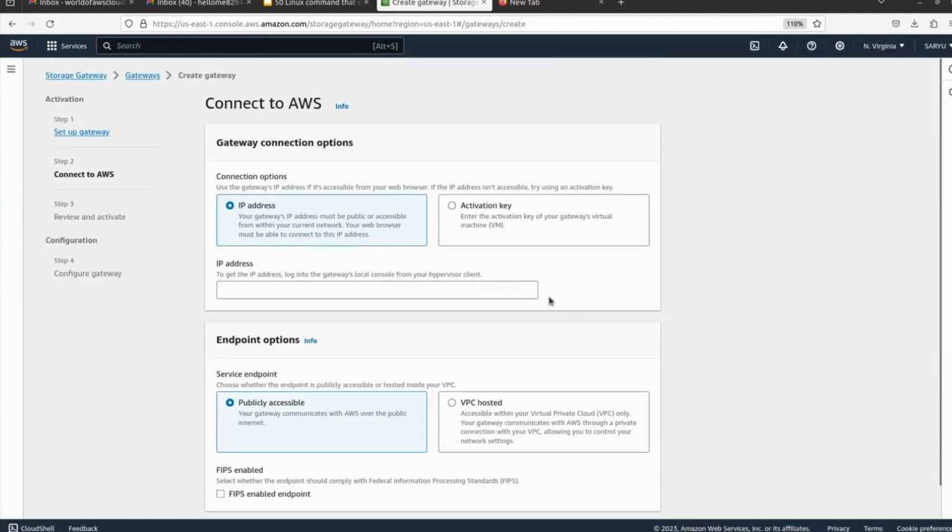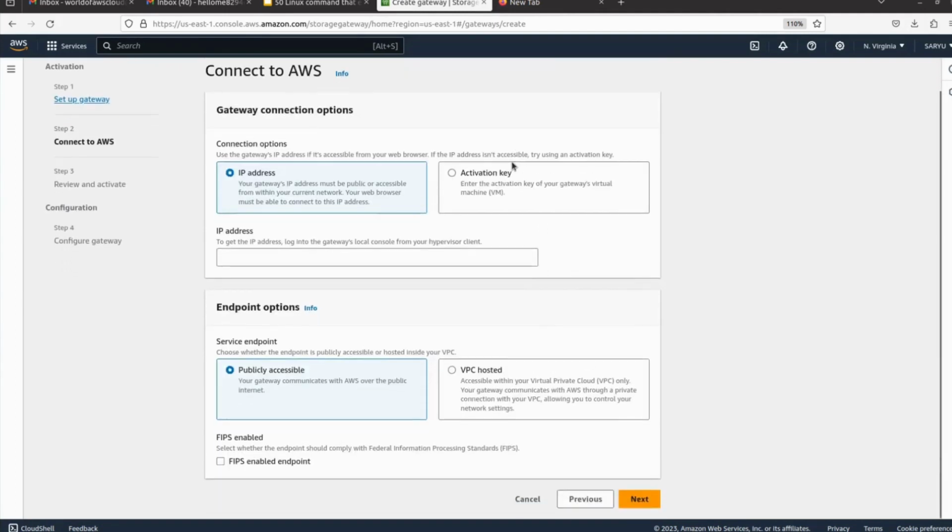I don't have any data center or virtual machine installed, so I cannot fully create a storage gateway here. Here we have to mention the host IP address where we have installed it.